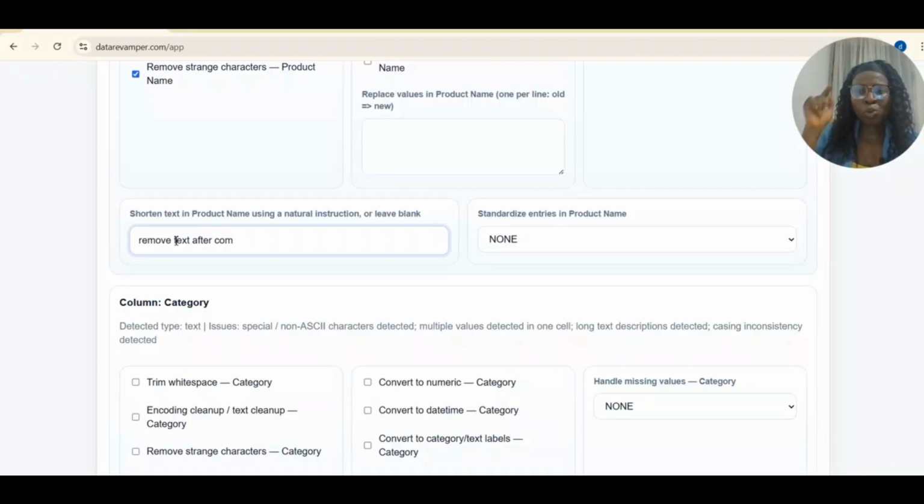So I'm going to shorten text after those words, compatible, or I think compatible is spelled this way, right? Or support,